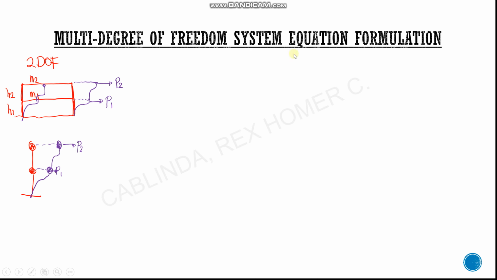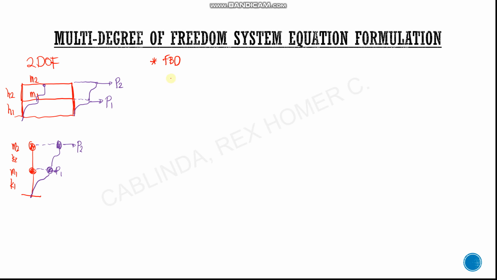Next, we are going to construct a free body diagram of our structure. So let me just write the details here. We have the K1, the mass 1, and then the stiffness at the second floor, and then our mass 2. So if we draw an FBD from our lumped mass model,